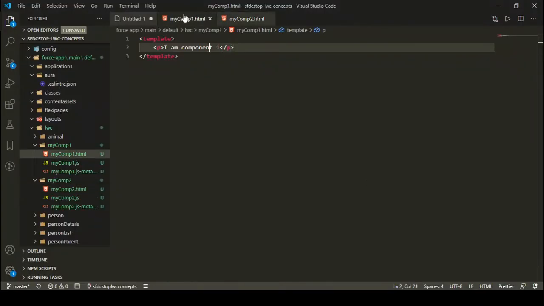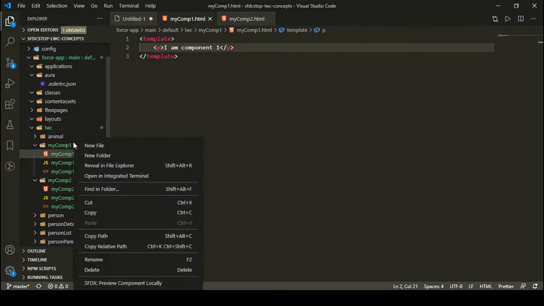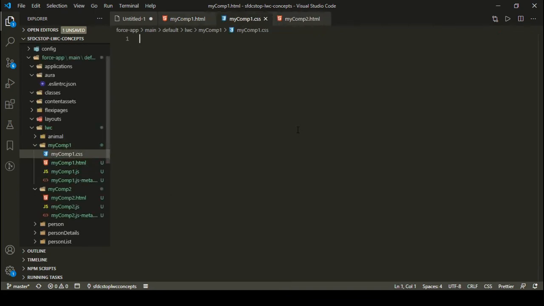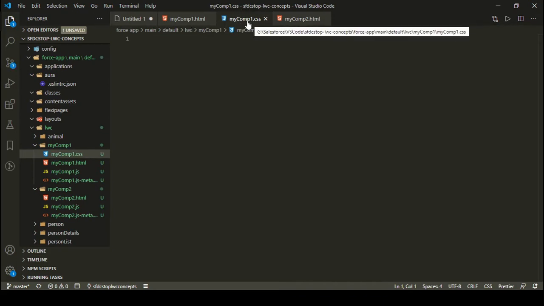Okay, so first of all, let's see how we can apply custom CSS to our Lightning Web Components. And it is possible that if you're following my tutorial series, you may have seen me adding this CSS in my earlier tutorials as well. So what we need to do, we just need to create a new file in our mycomp1 folder, or in your component folder, and you need to give the same name as that of the component. Like my name here is mycomp1, and you need to just give an extension of .css, right? So I have created a CSS file with the same name as that of the component, which is nothing but mycomp1, and here I can define my CSS rules.